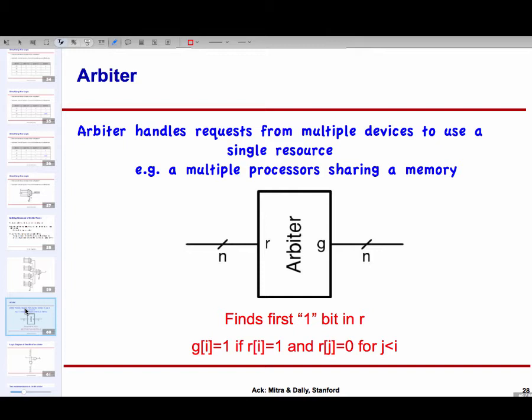All our computer devices are trying to talk to the same access point, but of course not all of them can send out data at exactly the same time. So there has to be some way that one of them at any given instant is selected as a winner, and it gets to use the spectrum to transmit. And then a little bit later, someone else is selected as a winner, they get to transmit, and so on and so forth. So there is an arbitration going on. It's done by hardware, by software, or by a combination of the two, but that's where this comes from. So an arbiter is something which handles requests from multiple devices and selects a winner.